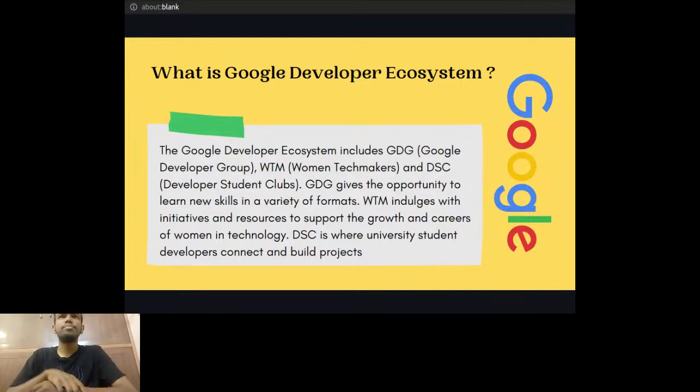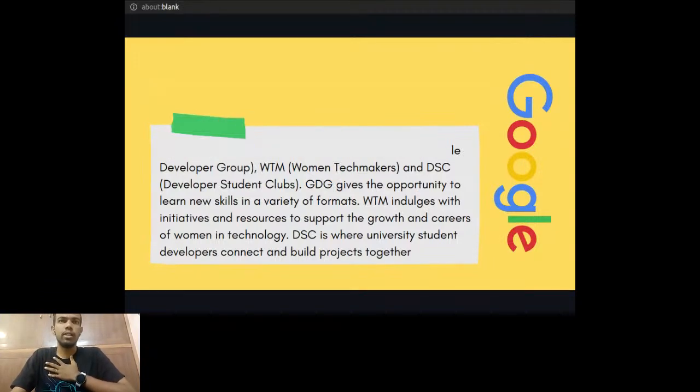After college, you can join Google Developer Groups, where you can probably be till the end of your lifetime. So that is GDG. We are GDSC right now.